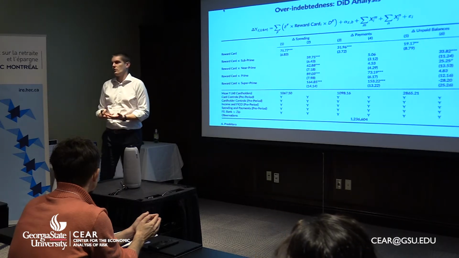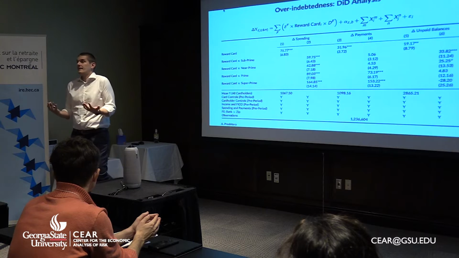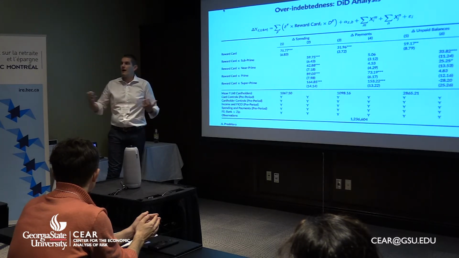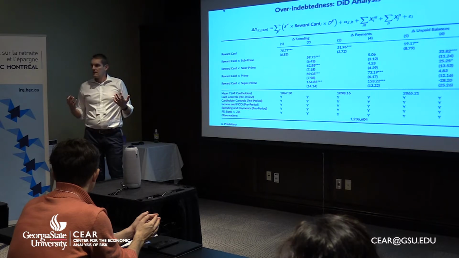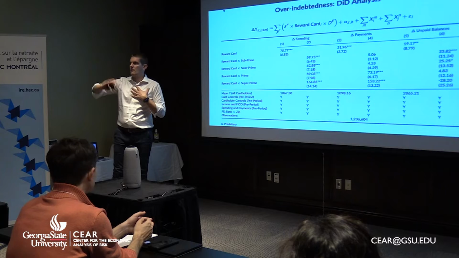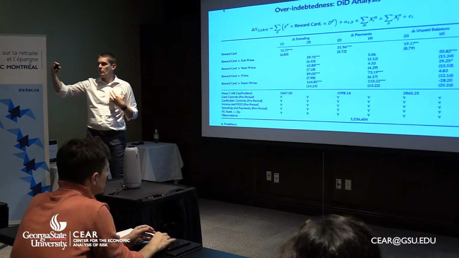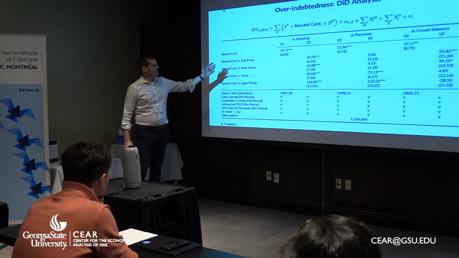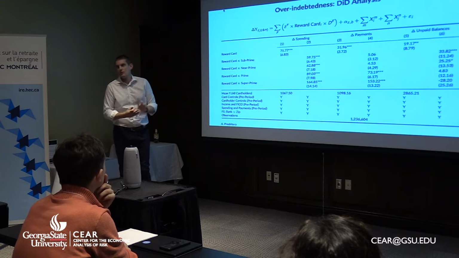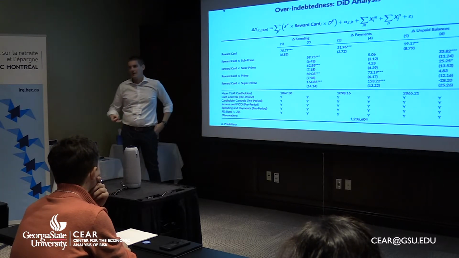This is the closest we can do with the data we have to get to a causal statement, in which we compare exactly the increase in credit limit. So it's not that you have a new card, you just have an expansion in your credit limit. The experiment is: you already have your card, I have a reward card, you have a classic card. The same month we get $2,000 more, the two of us. Then we see that I, with the reward card, spend more than you with the classic card, and we should add additional people with different FICO scores, and that's what we observe.